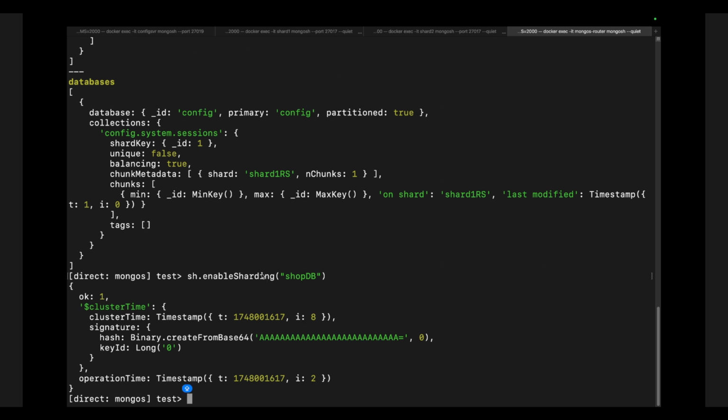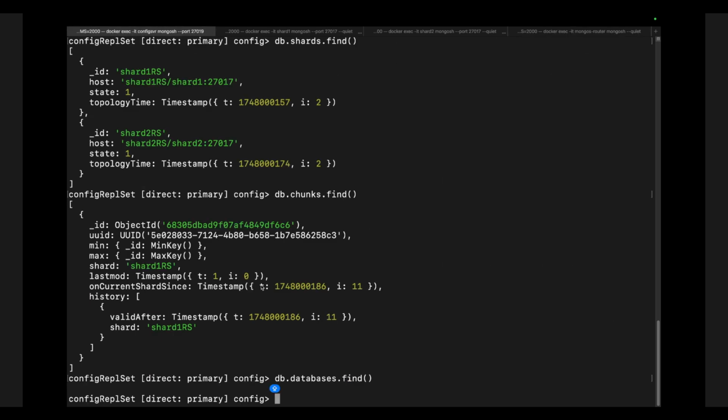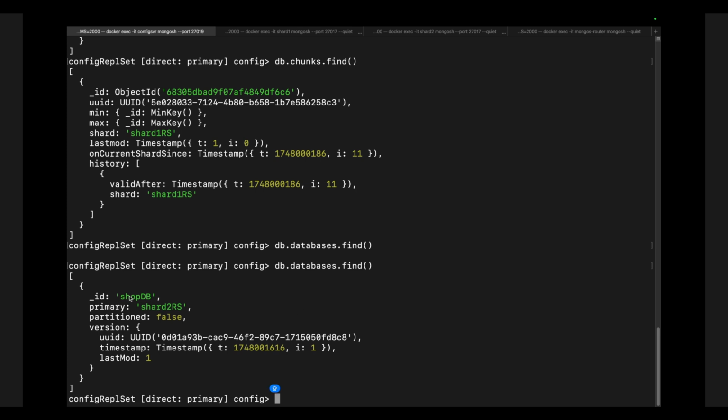So we have enabled sharding on the shopdb database. Now if we run db.databases.find, we can see that shopdb is sharded and the primary shard would be shard2RS. Here db.databases.find will only show the custom databases you have created.